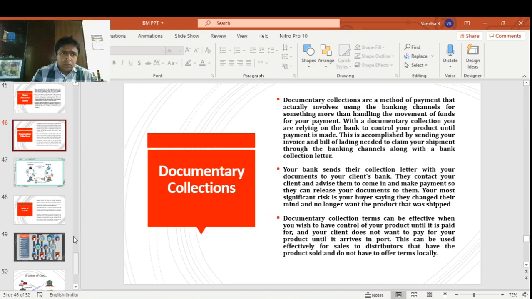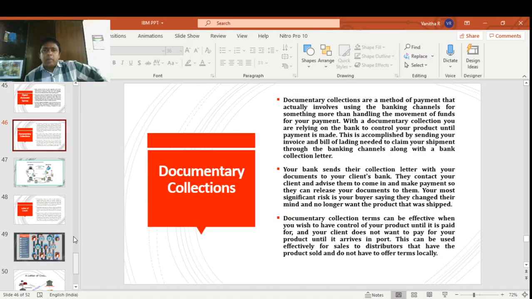Then let's go to the documentary collections. So once you decided that we need to have somebody in between, then the documentary collections happen. That you do not know what is there in the package, or a package of goods. So you have documentary